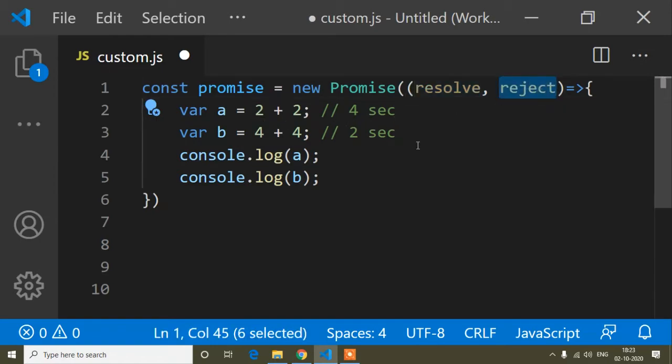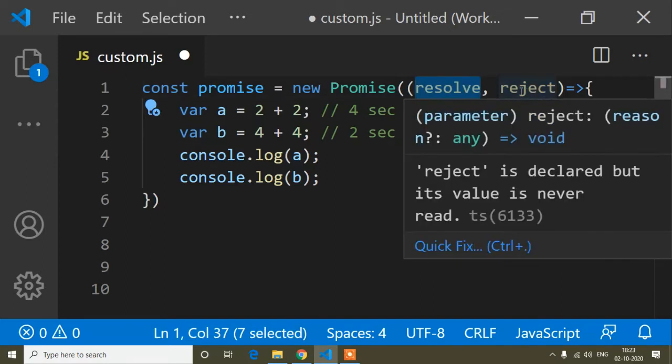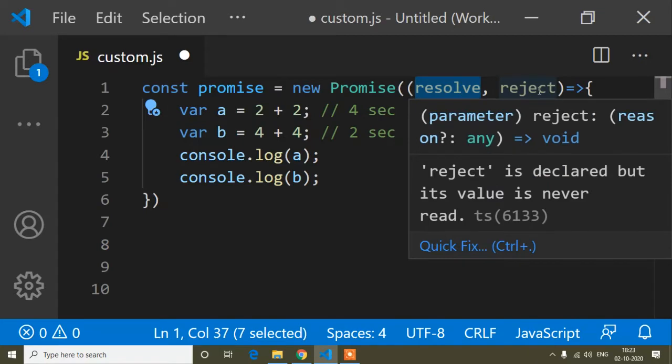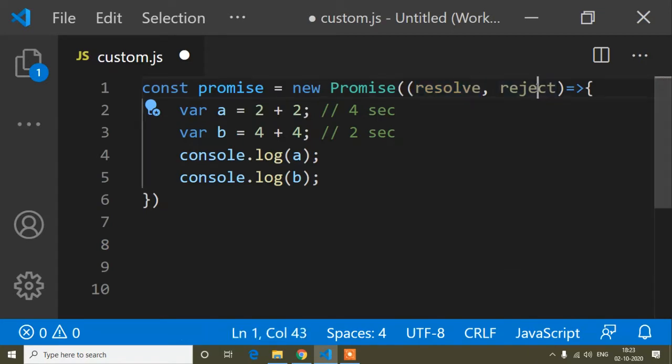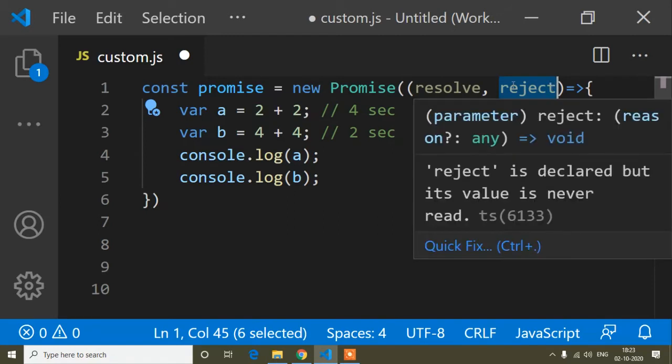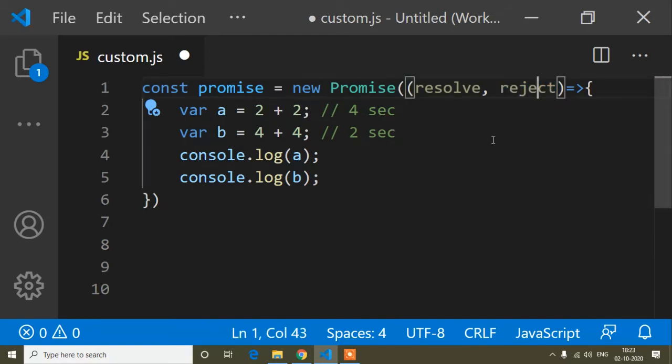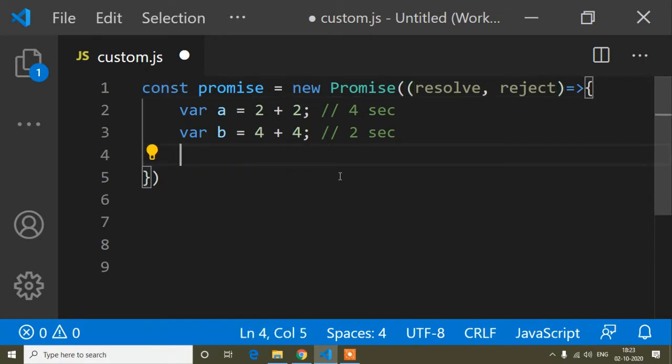Suppose, guys, if your function executes properly, then you can pass anything in your resolve parameter, and otherwise if the function gets an error, you can pass it to the other parameter, which means the promise is rejected. Let's see how you can pass. Here I will write a condition. I will remove this console.log.